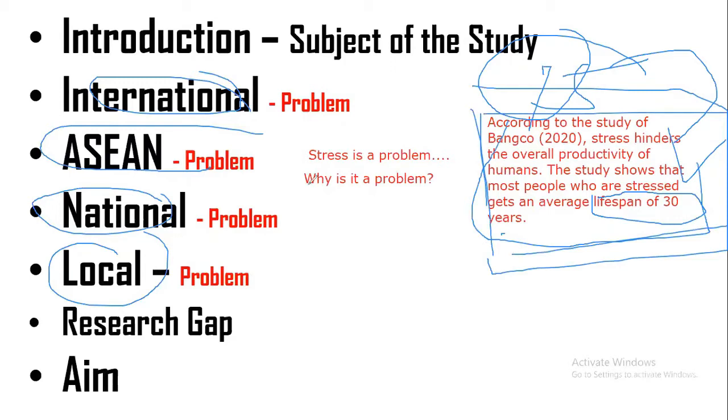When you answer the question, why is it a problem, or how does it become a problem? Because it leads to this lifespan of 30 years. So the same as the other, ASEAN, national, and local. Now,